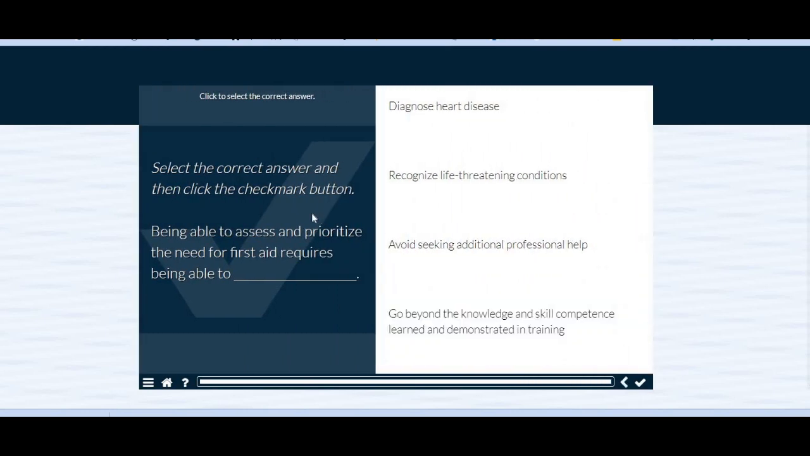Complete this review question to check your knowledge. Being able to assess and prioritize the need for first aid requires being able to